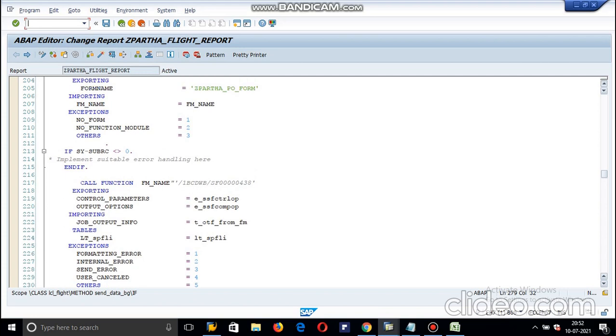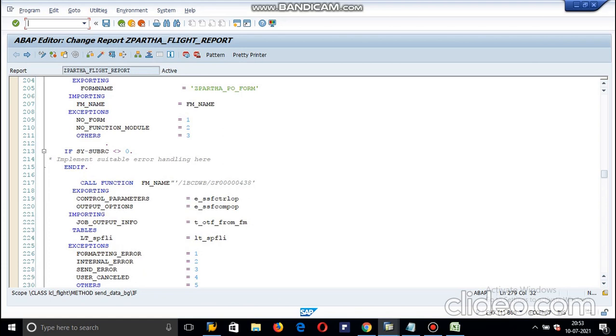From the SSF function module we get the generated name in a variable, we catch that, and we pass that variable name for the FM. So whenever it moves from development to quality, quality to production, there will be no problem for the smart form.